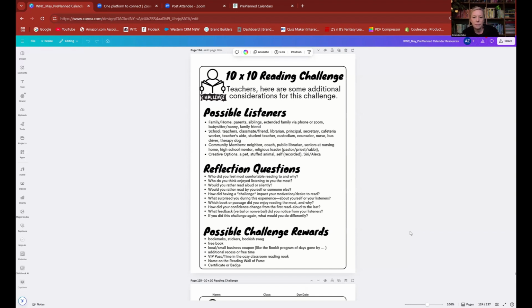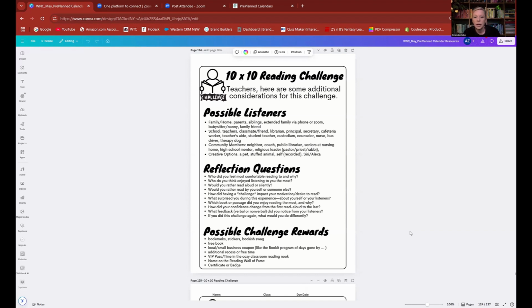10 different people. We have a whole bunch of possibilities for people. You could start this in school, and then you could challenge them to finish their next 7 at home. Obviously, they can read to people who live in their house. They could read to neighbors. They could read to classmates. They could read to pets. You could take a field trip to an assisted living center and read out loud to those people. You could read to your first grade reading buddies.